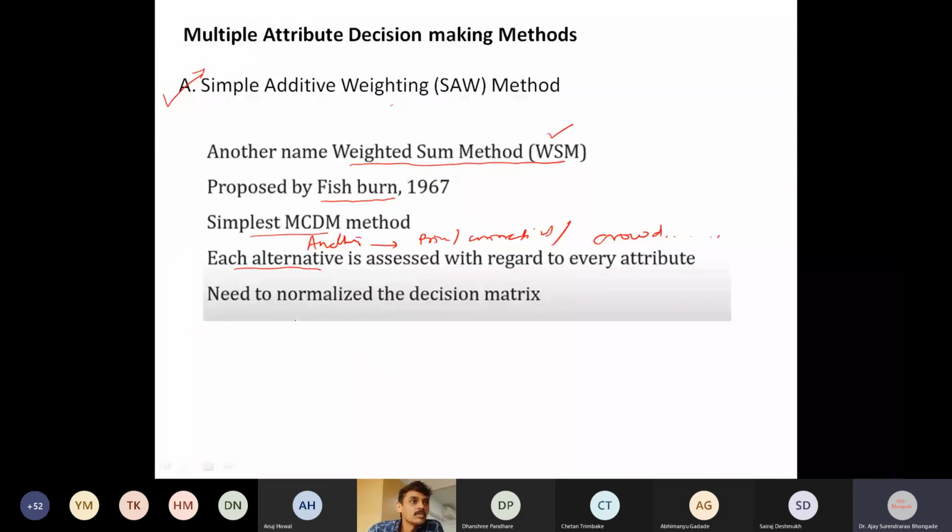Now there is one more term: the decision matrix needs to be normalized, right? If I try to tell you the meaning of normalization,